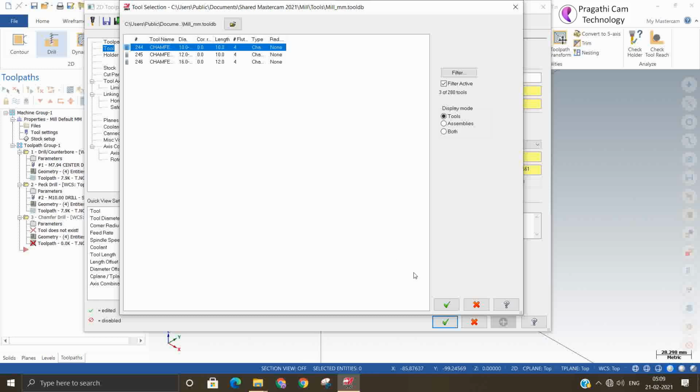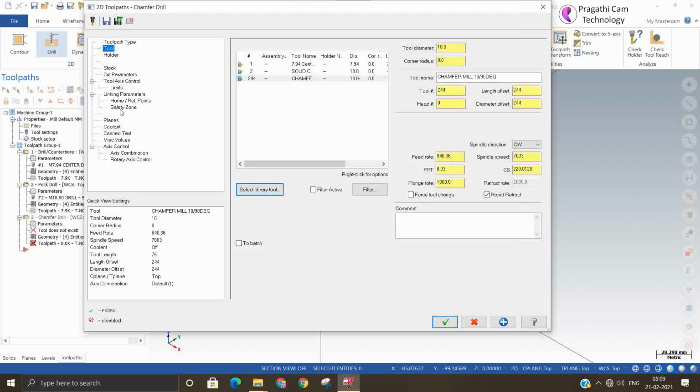We'll try the same size tool first, then we will modify. Tool number 3. You can change the feed rate and spindle speed. Keep it less only. I gave 25, so I change the RPM to 1000.